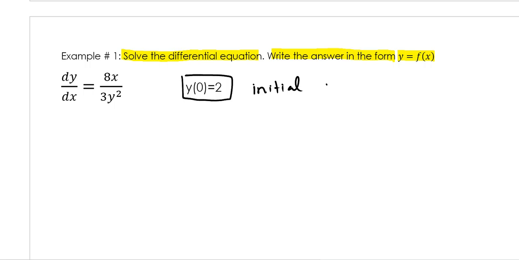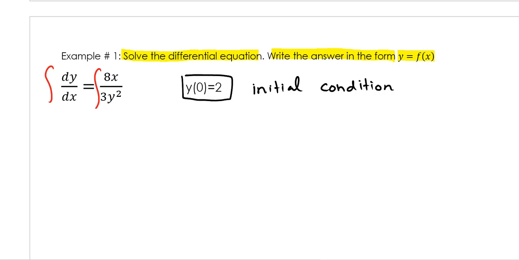And from some of the lessons that we've done before, if you're given an initial condition, this will actually help you find your constant value. So if you're given an initial condition, your final answer should not have the constant. When we do a differential equation, eventually you want to integrate both sides of the equation, but the